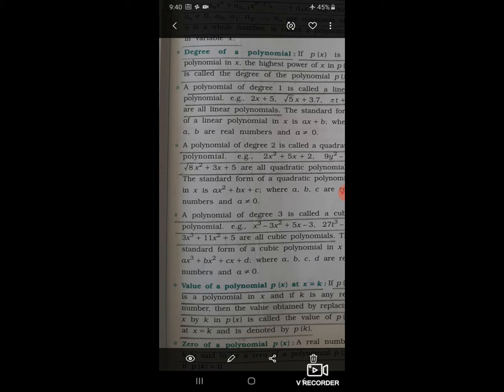Next one is zero of a polynomial. A real number k is said to be a zero of a polynomial p(x) if p(k) = 0. Then it is called a zero of the polynomial. For example,